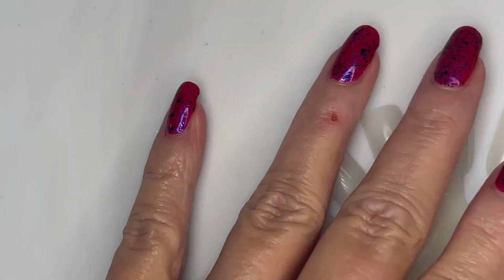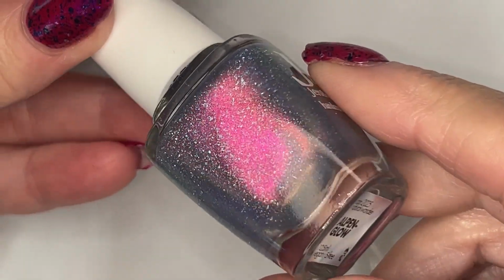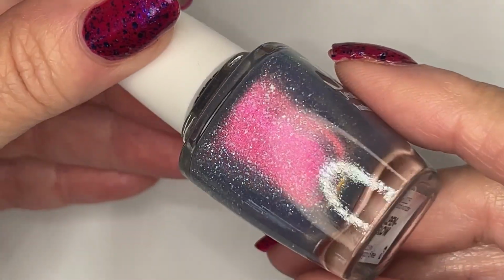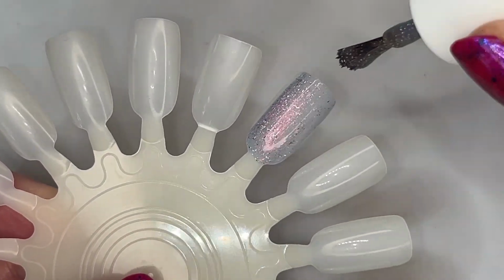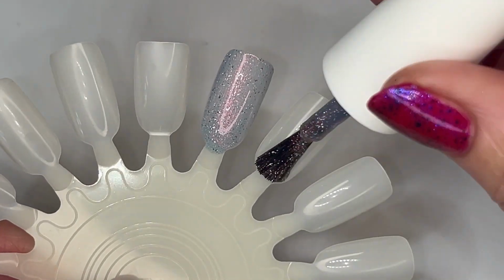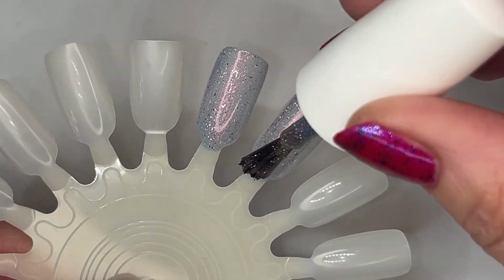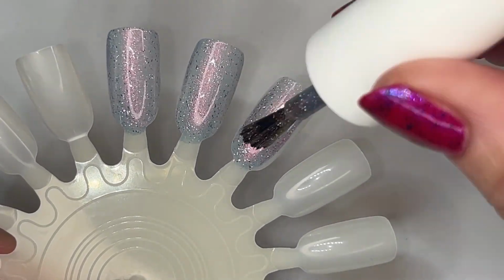All right, well, let's go ahead and swatch them up while we're here. We'll start with this beauty, Alpenglow. This one's the darkened cornflower blue base with strong pink gold shifty shimmer and holographic flakes. We'll go in here and put on our first coat. Gorgeous, that is so pretty. Oh, that's so glowy and so pretty. I love the contrast between that cornflower blue base and that